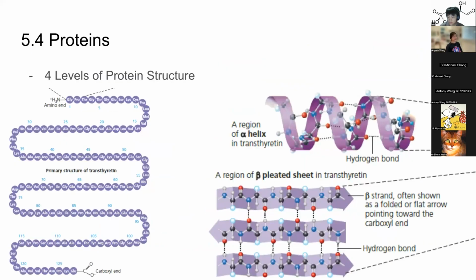Okay, so next, there are 4 levels of protein structure that these amino acids can form. The primary level, the first one, is just amino acids linked by peptide bonds, as you can see here. There's a huge chain of